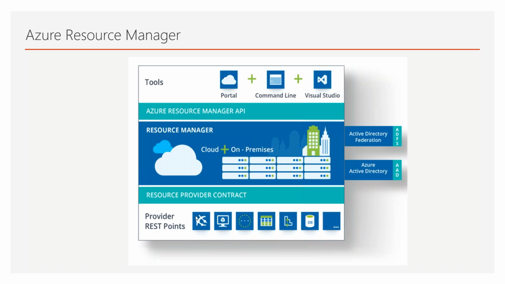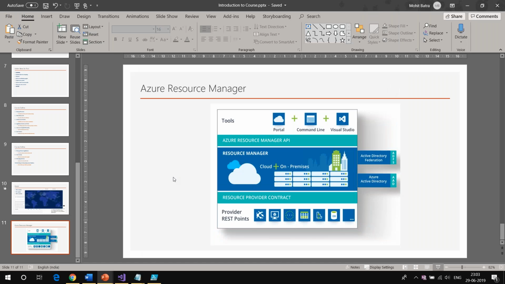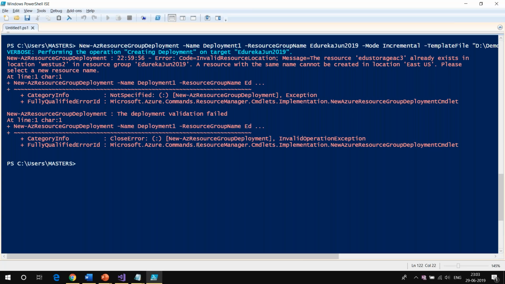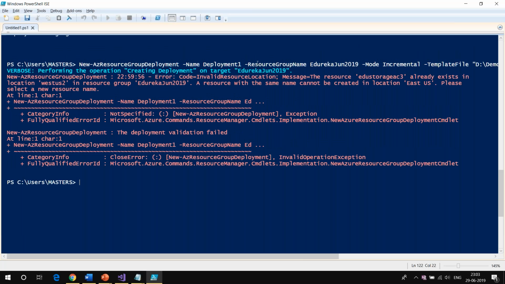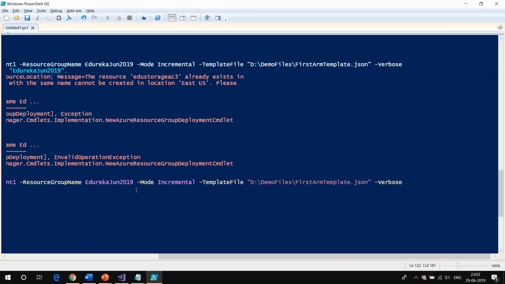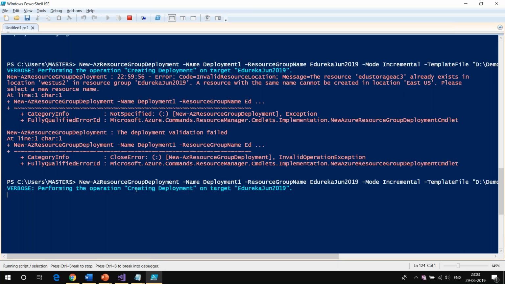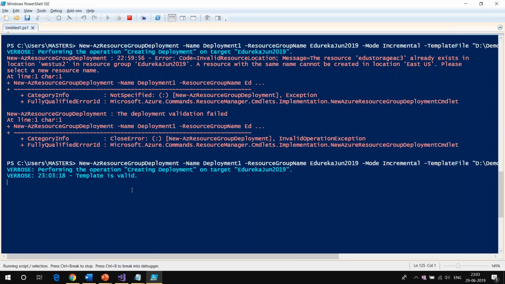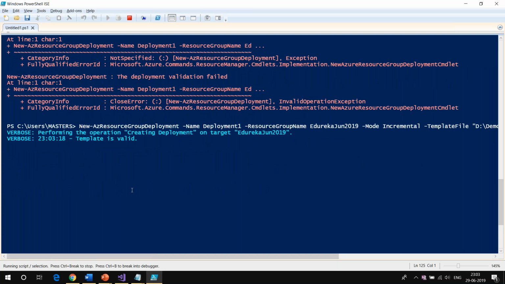Yes, Shri, good point. Now, let me show you one other thing. What Shri is saying is that if we are running the command in the same resource group, so that the resource group name is the same, now let me rerun it. I've changed the location back to West US2. If I run this one, it is not failing, which we have already seen.